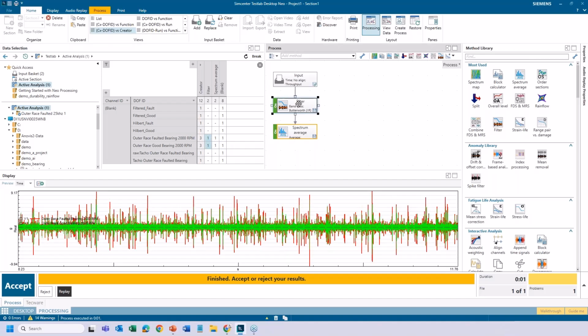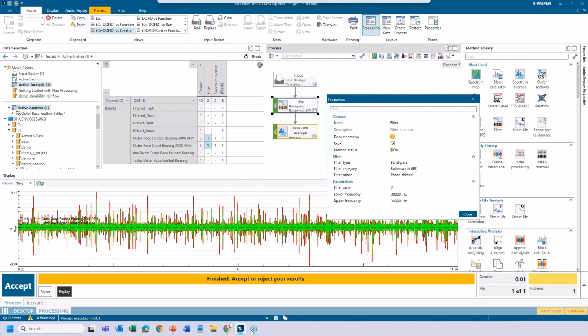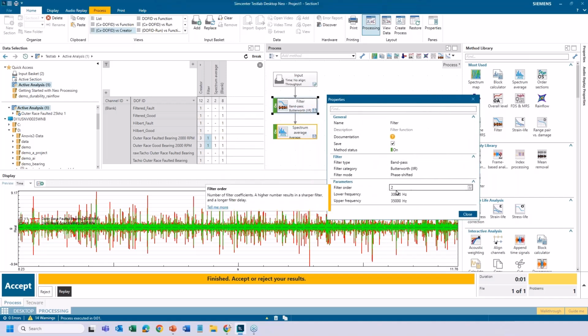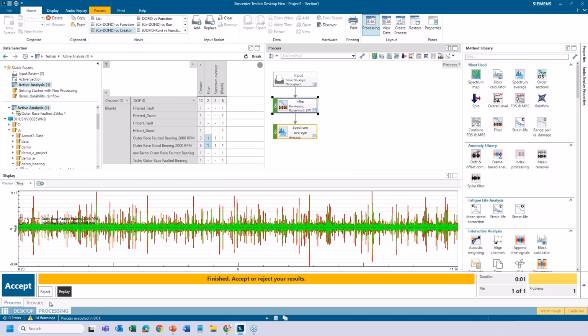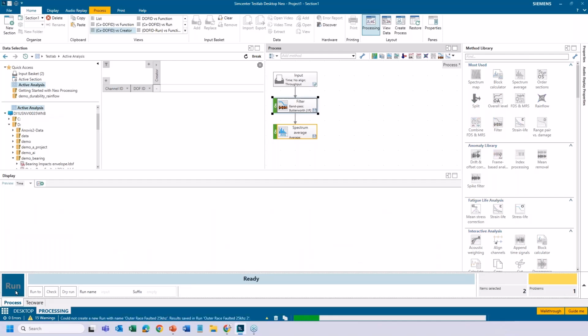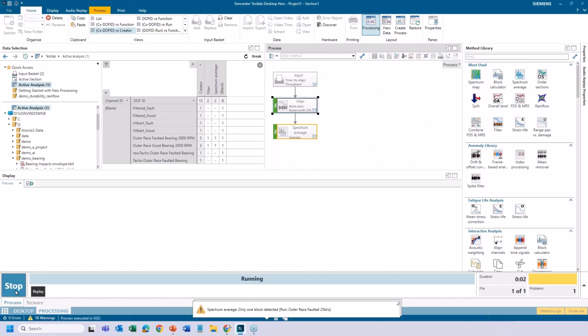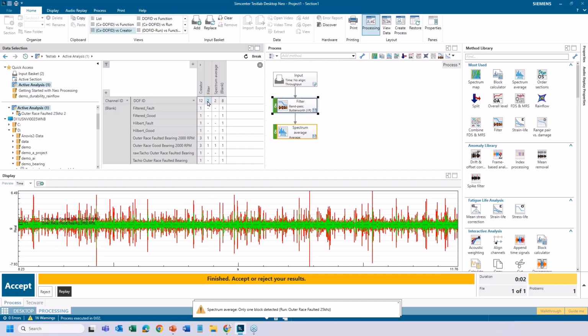Now, filters have another property here, and that's the filter order. If I increase this number, what does the filter order do, Steph? Changes the steepness of the cutoff. So let's say I really want to concentrate on that band. I could increase this filter order by a factor of 20, for example. That'll make a much sharper filter. And now let's see the difference.